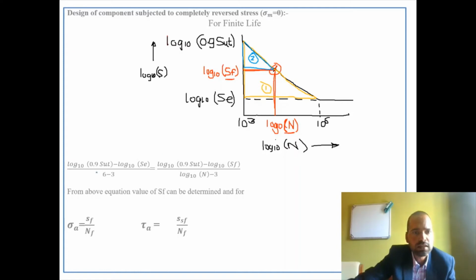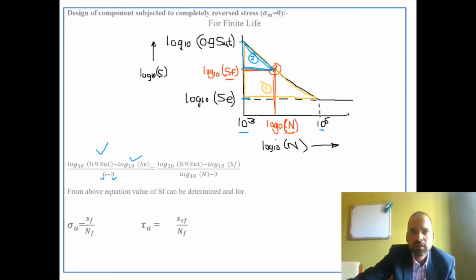So in this case, for the big triangle, on the y-axis, the difference of these 2 points is log to the base 10 of 0.9 times SUT minus log to the base 10 of SE. In the denominator, for this big triangle, the two defining parameters are log to the base 10 raised to 6, that is 6, minus log to the base 10 raised to 3, that is 3,